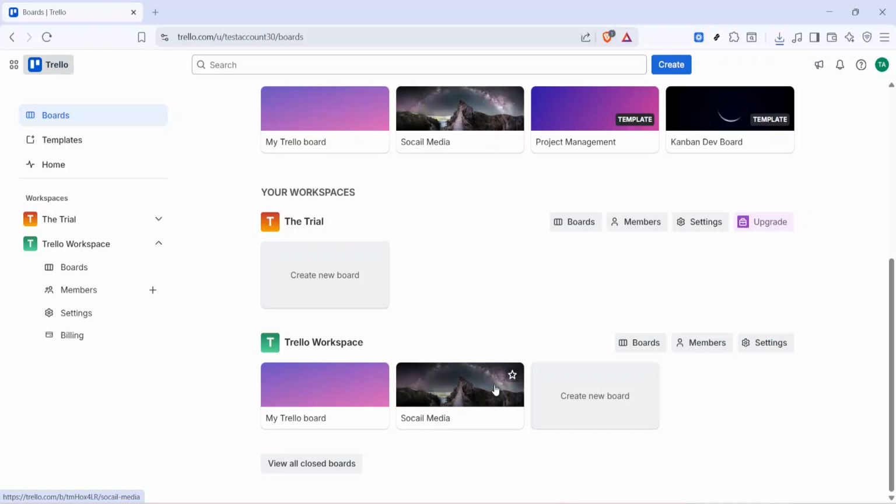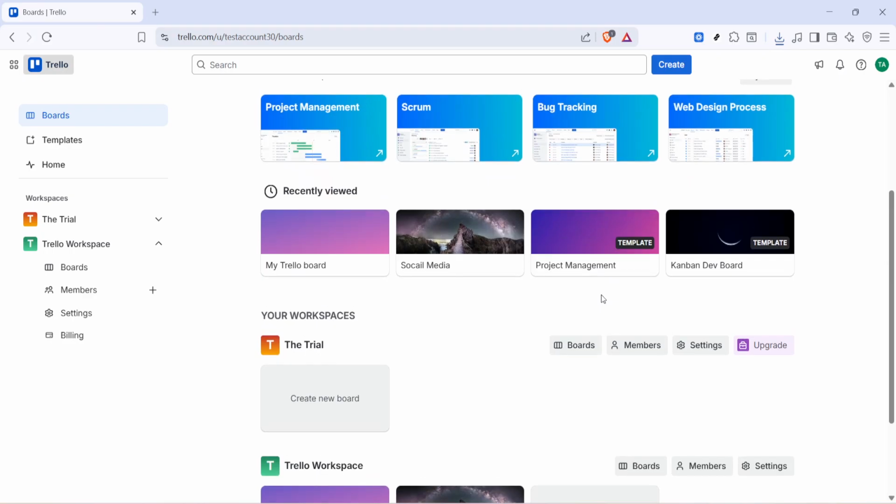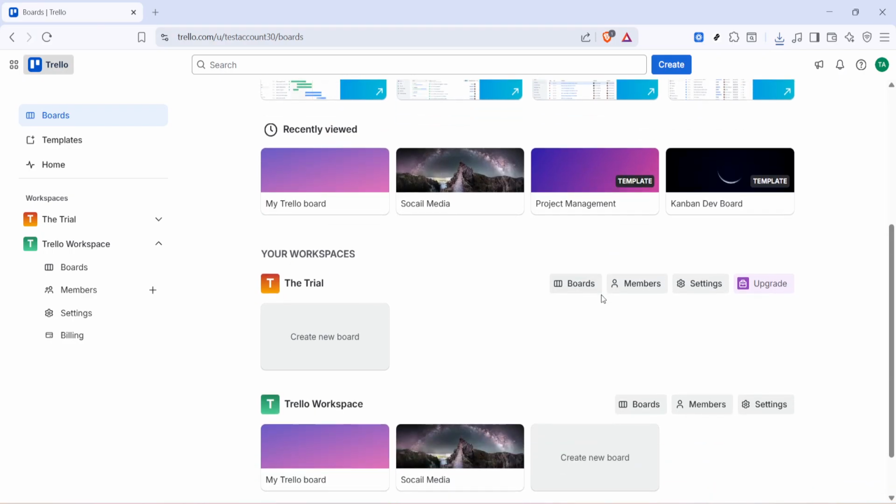In today's video, I'm going to teach you how to add people to Workspace on Trello. If you're collaborating with a team, inviting people at the workspace level makes it easy for them to access shared boards, contribute to tasks, and stay in the loop. I'll walk you through exactly where to click and what to expect, with a few tips to keep everything smooth